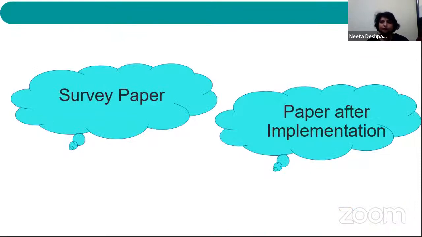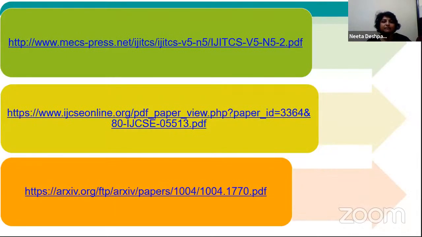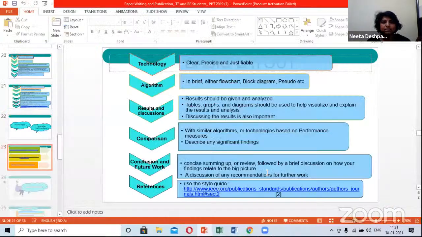Now, as I told you, if you're a third year student, you can think of a survey paper. If you are a final year student, you can think of two papers. One can be your survey paper and one can be a paper which is presented after your implementation. If this seminar were for research scholars, they would probably give the survey paper at the end of the research, when they have found out so many things. That is possible for a research candidate. But at this moment of time, we can do it. So these are some of the papers.